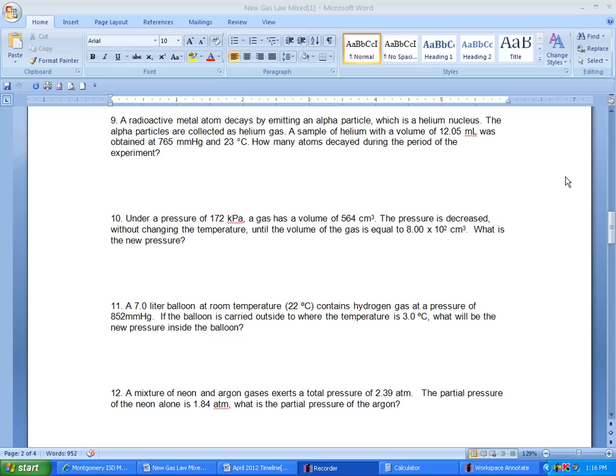Okay, we want to start on number 9. Number 9 says a radioactive metal atom decays by emitting an alpha particle, which is a helium nucleus. The alpha particles are collected as helium gas, a sample of helium with a volume of 12.05 milliliters. So there's going to be my volume,